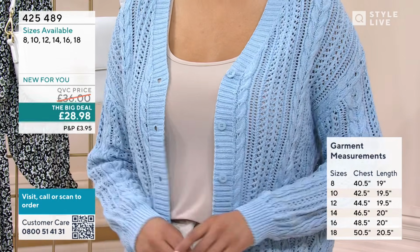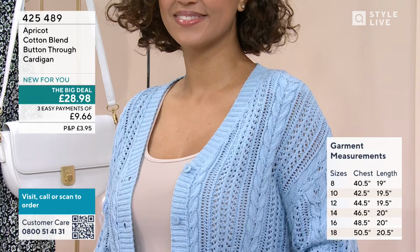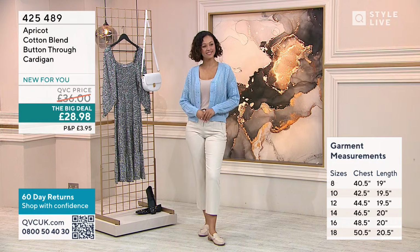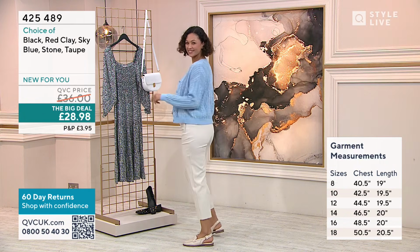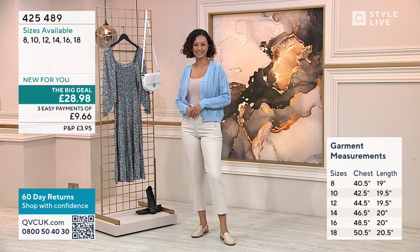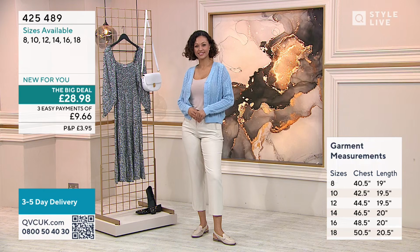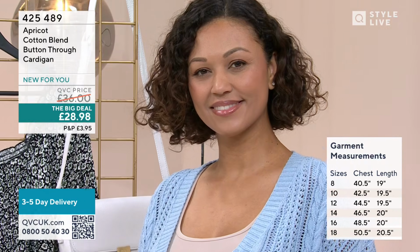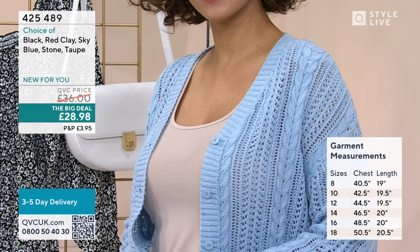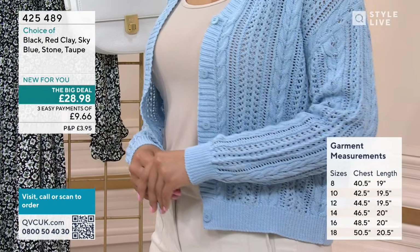And we were seeing so many of these beautiful cardigans actually being really showcased on the catwalks of Miu Miu, Prada, and it was very inspiring to see that textural detail. If you don't necessarily like prints, but you like block colours, but not so overly block that it's boring, having something with a textural pointelle or a cable knit running through it, but still beautifully breathable in that lovely soft cotton blend, this makes it ideal. And all of this for under £29, I think that's a real wonderful buy. Brilliant price. And also great if you're thinking of